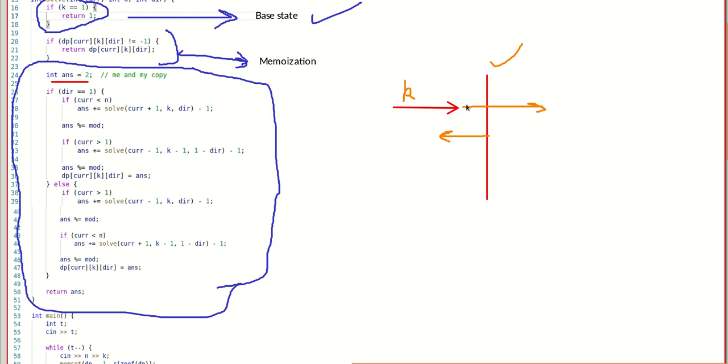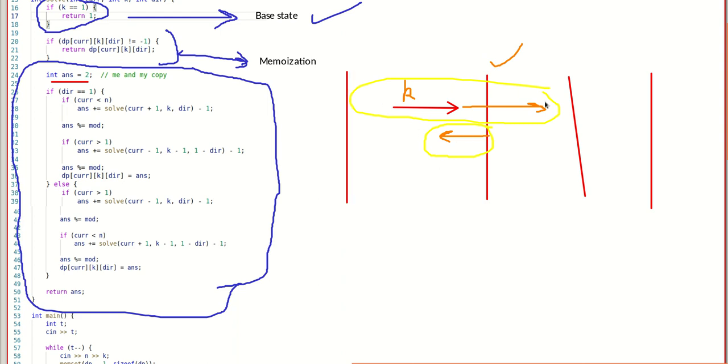So right now my answer comprises two things. One is this original particle which is moving to the right in this case, and one is this particle which is reflected from this plane. Obviously there can be hundreds of planes. Maybe there is a plane here, then here, then here. If this particle is moving, it will be shot back from here also, or here also.